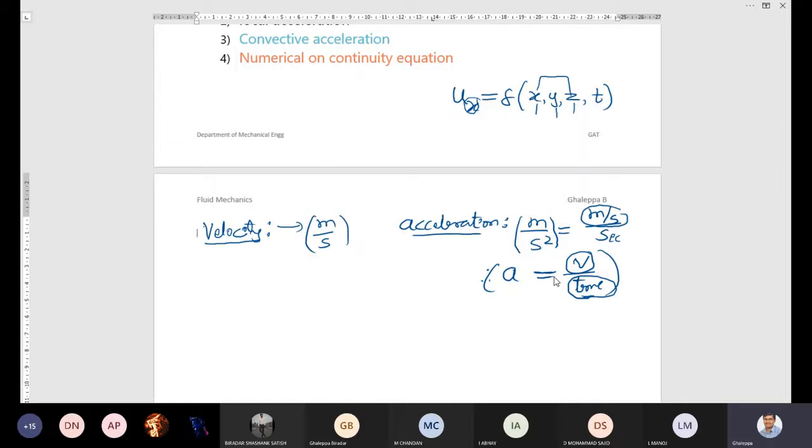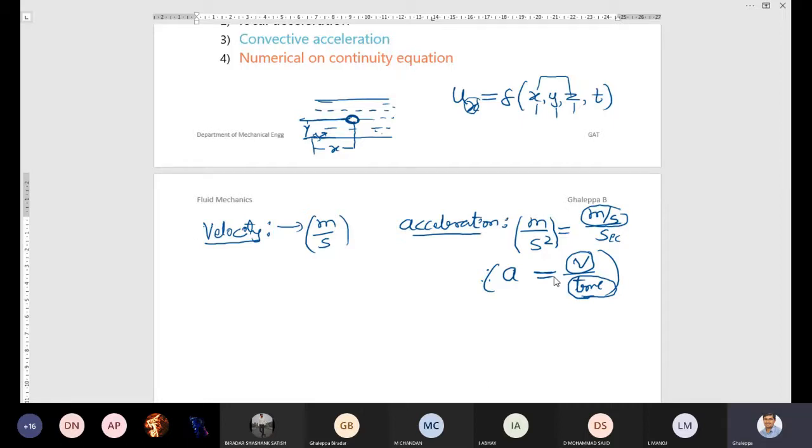What are the space coordinates? For example, you take a pipe in which some liquid is flowing. You are measuring the velocity at this point in the pipe. This point is located at a distance of x from the inlet, and at a distance of y from any one plane, the bottom plane or maybe the top plane. Similarly, there may be a z-axis. If you consider the z-axis it will be there; otherwise, it is a two-dimensional flow.